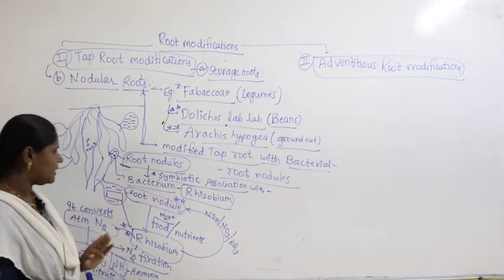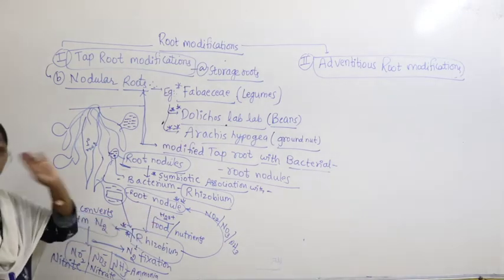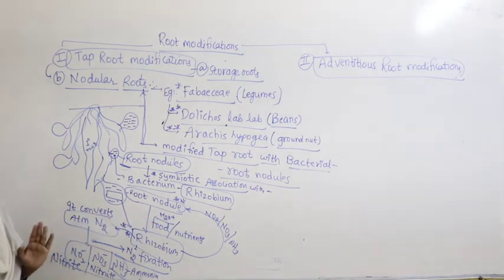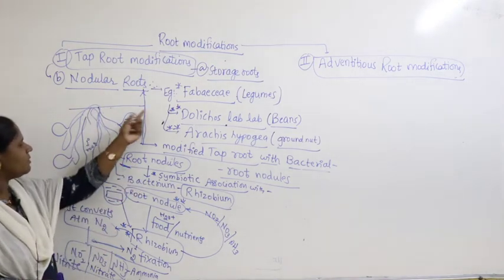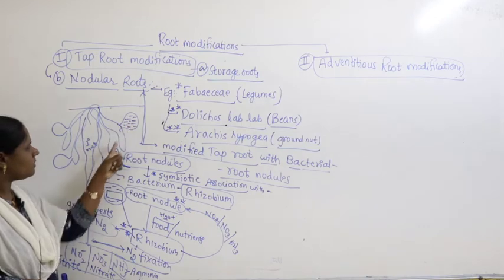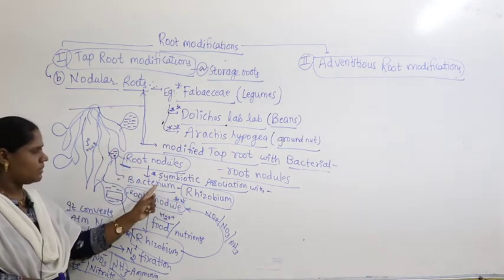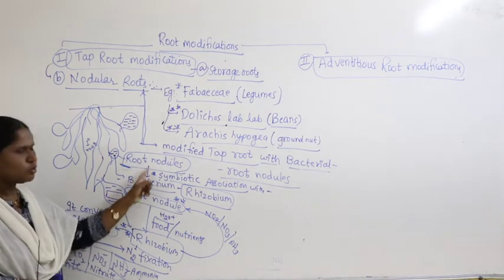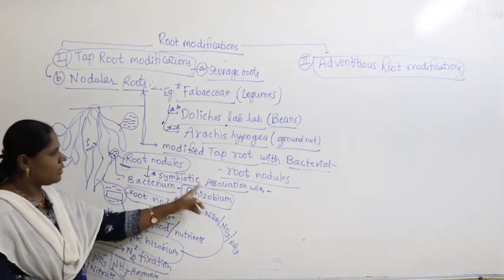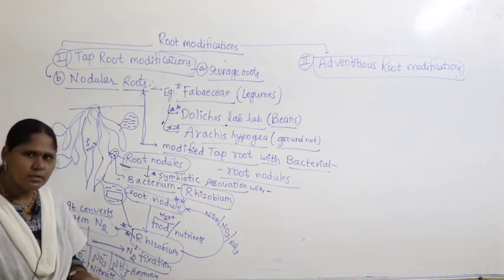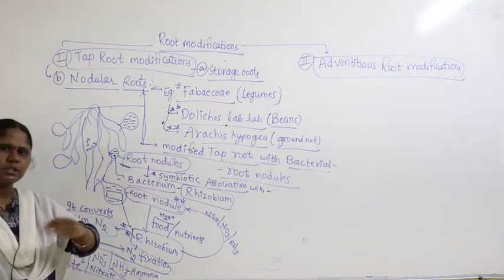Rhizobium. Let us revise it once again, because this is important, and this part will continue in the second year also. Okay guys, I will repeat again. Listen and concentrate. In Fabaceae members you find a root system. The root system contains root nodules. Root nodules will give shelter to whom? Rhizobium. It's a bacteria. Both maintain a mutual relationship. It's called symbiotic association. What is symbiotic association? Both are mutually benefited.